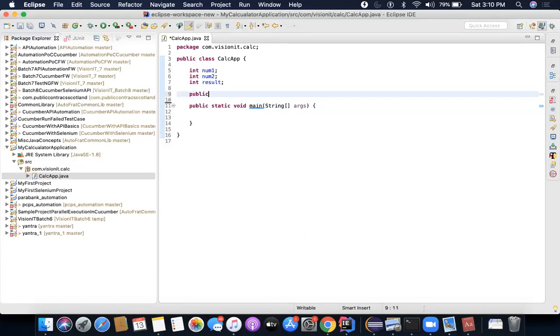I will write public, which means it should be accessible from anywhere. What do I mean by accessible from anywhere? We'll come to know more on it when we create more classes and packages. But right now, simply understand it's an access modifier. That means it can be accessed outside the class. Public, then I need to mention the return type. If it is returning something, I will give what type of value it will return. So I can say int. If it is not returning anything, I will say void. That means I don't want this method to return anything. Then I will write addition.